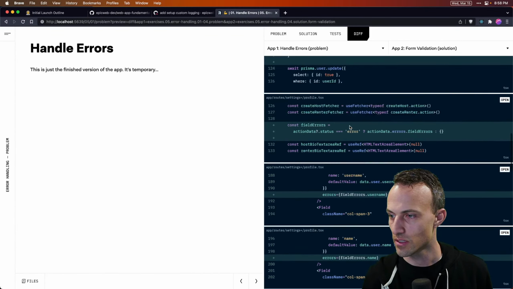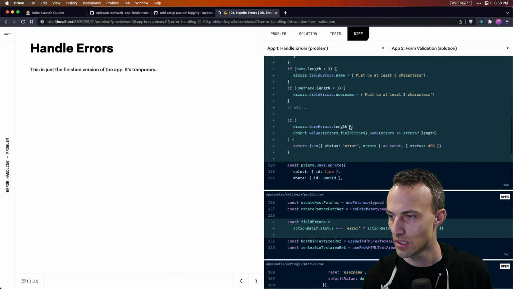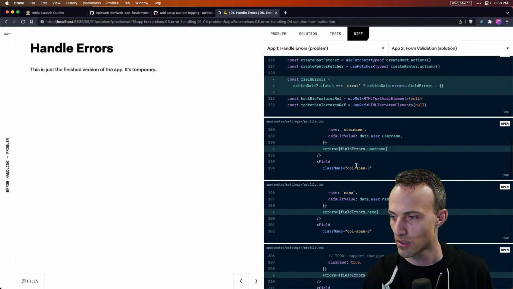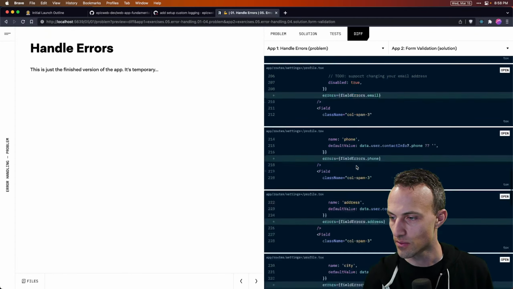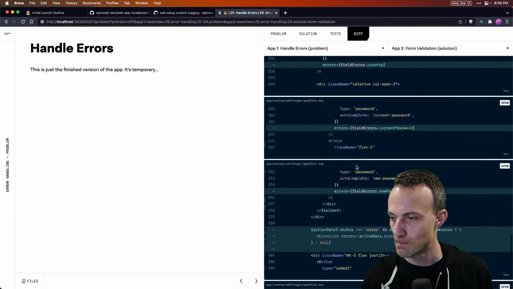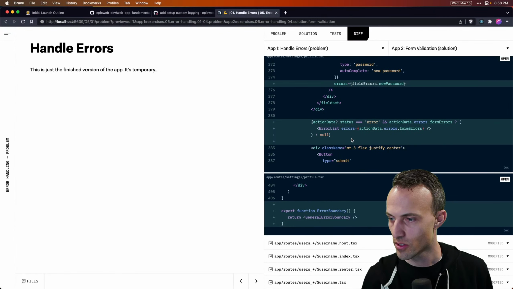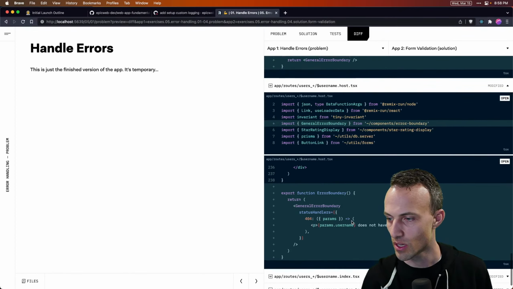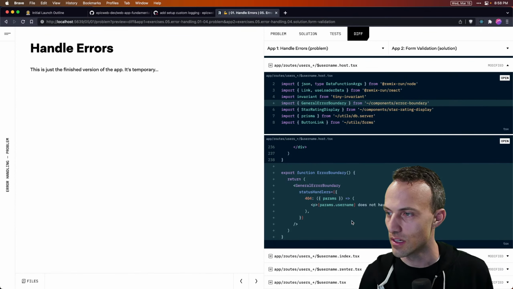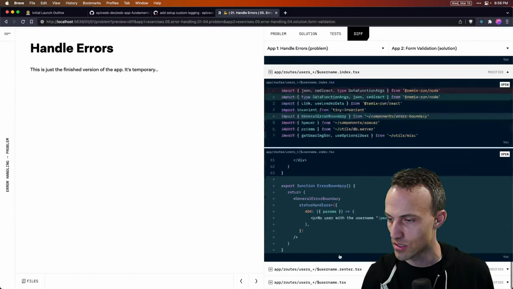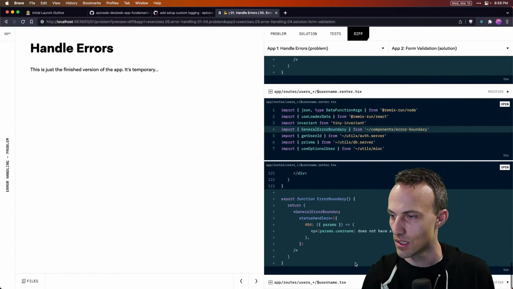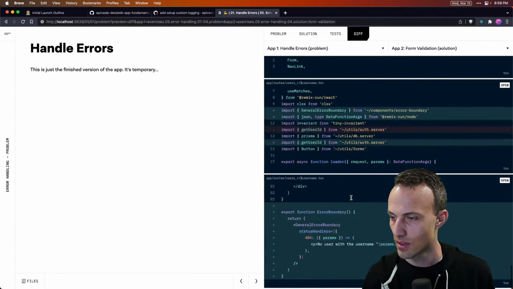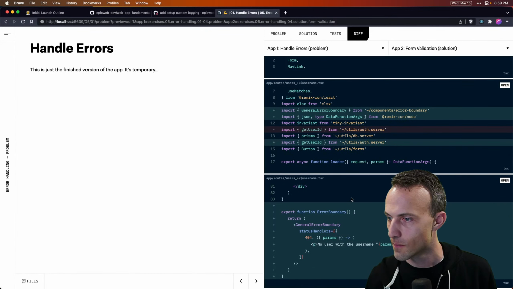We pass the field errors onto our field abstraction, and render out those. Then we have our error boundary, or general error boundary is what it becomes eventually. And error boundary on username host, error boundary in there, and on there, and on here.